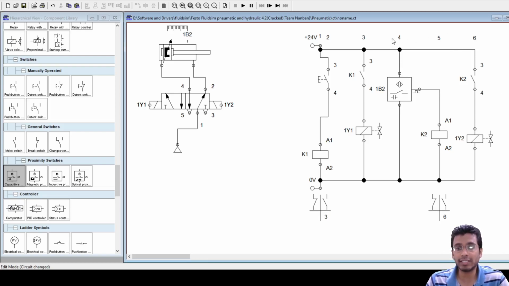Of course, all these elements will actually be placed on the left hand side. Right now I have not followed this convention. I told you, all your electrical control elements will be towards the left hand side of your circuit diagram, and all your main circuit, for example your 1Y1 and 1Y2 actuation, will be towards the right hand side. I will be dealing with it in a more conventional way from the next class, that is tomorrow onwards. Fine. So I'm stopping here.